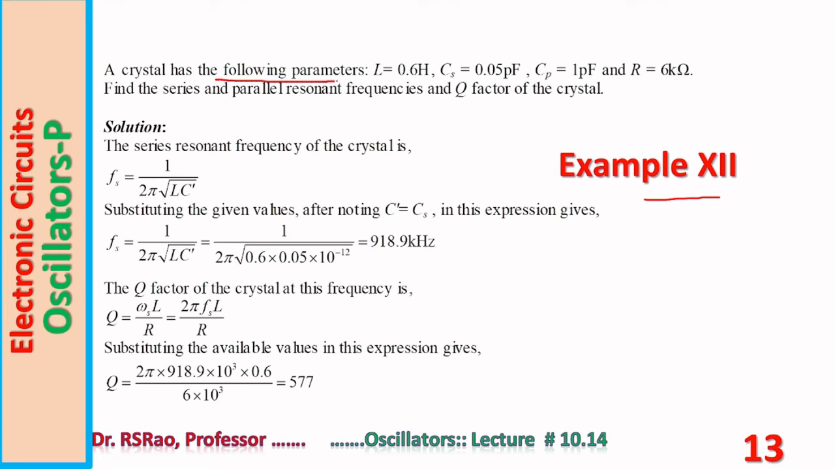Another problem, example 12. A crystal has the following parameter. L 0.6 Henry, CS 0.05 picofarad, CP is 1 picofarad, and R is 6 kilo ohm. Find series and parallel resonant frequencies and Q factor of the crystal. Solution. The series resonant frequency of the crystal is given by this form. Fs is equal to 1 by 2 pi root L C prime. By noting C prime is Cs, the series resonant frequency can be obtained from the given values of L and C prime as